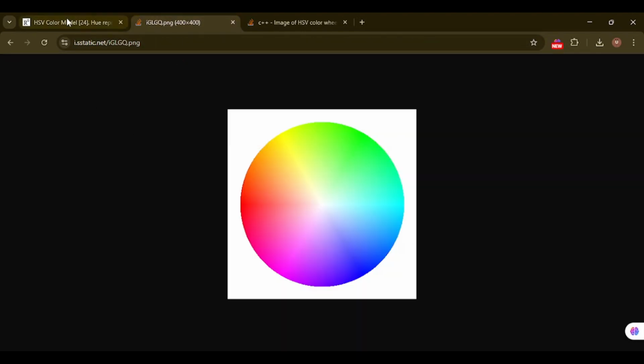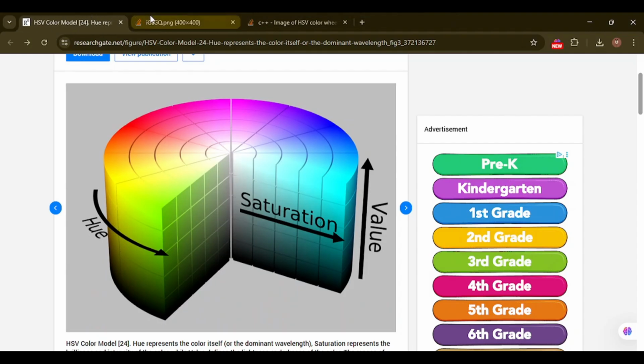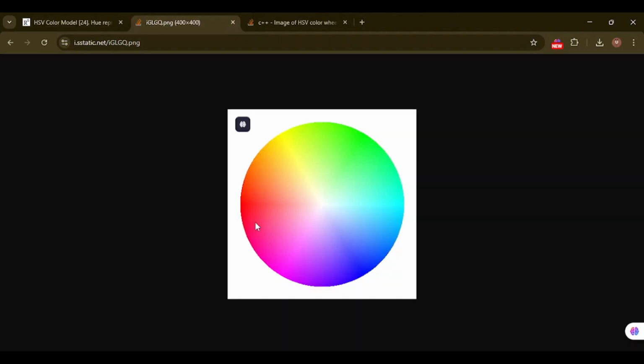If we view the cylinder from the top, we are going to get something like this. If I have a pixel that lies here, it is going to have a different value of the hue channel, and if I have a pixel somewhere over here, it's going to have a different value for the hue channel. So all these different colors are representing the values of the hue channel, because the hue channel is concerned with the colors. Okay, so this is clear as well.